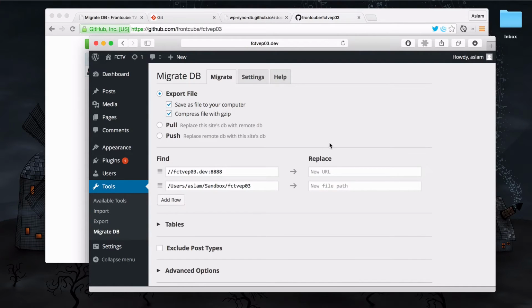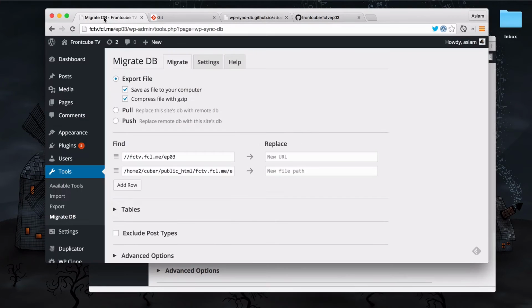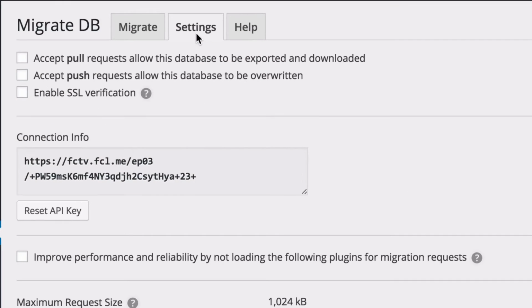Great. So let's go back to the production server and let's talk about the settings of WP Sync DB. Basically, if you switch the settings, you'll be able to see three options here: accept pull request, accept push request, and enable SSL verification. We are not using any SSLs here, so we can leave this, but accepting pull and accepting push are